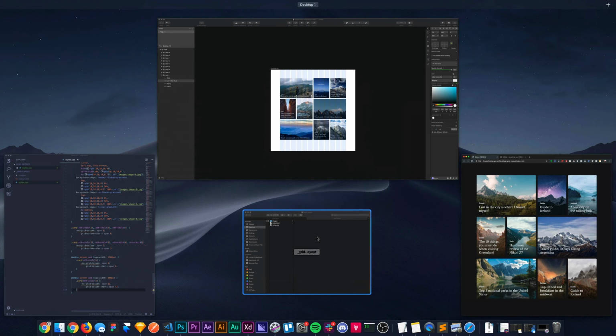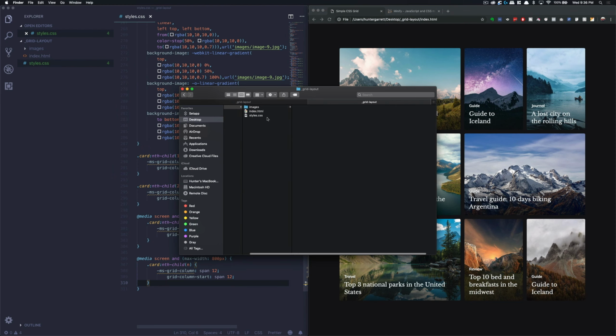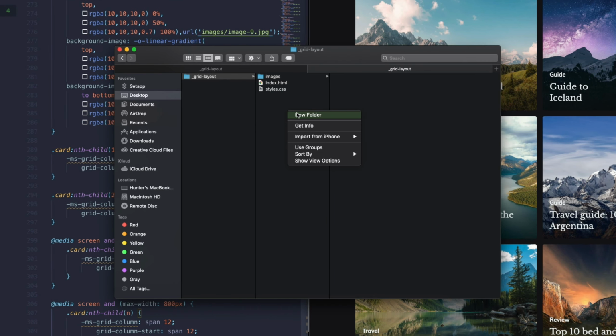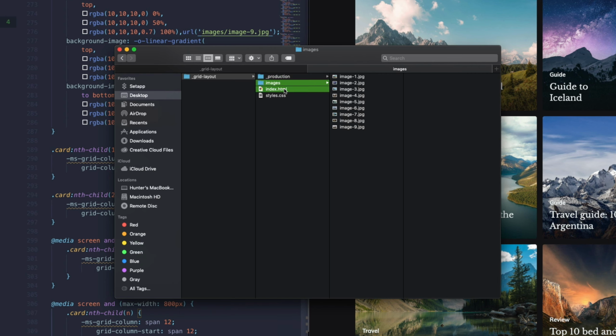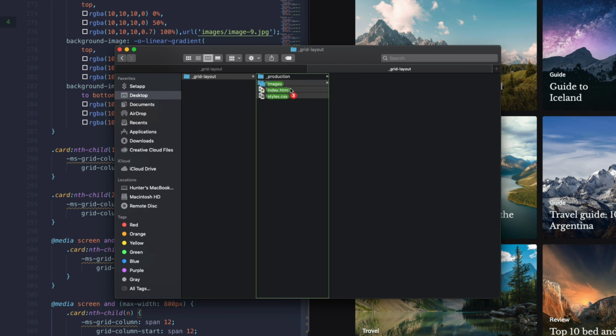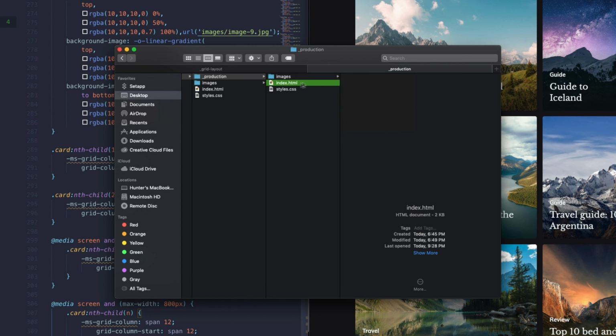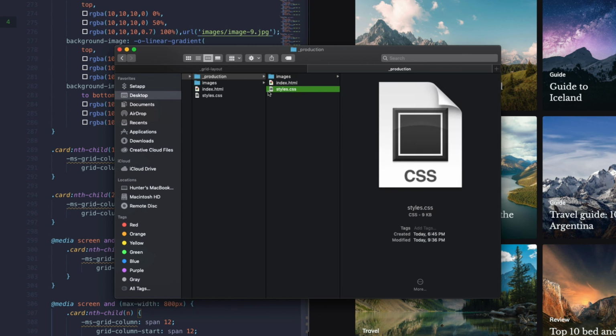What we're going to do first is head into where our project is. And I'm going to add a new folder here and just call this production. Then I'm going to select the images, index, and styles, and then I'm going to actually Command C to copy that and then paste it into this production. All right, so the next thing, we don't want to optimize the index HTML,